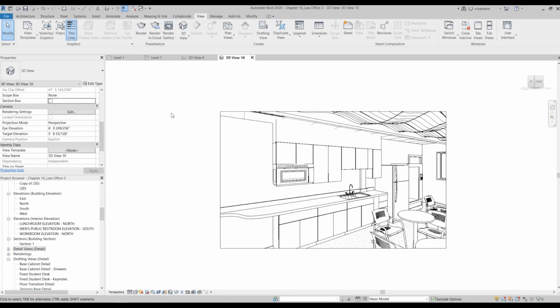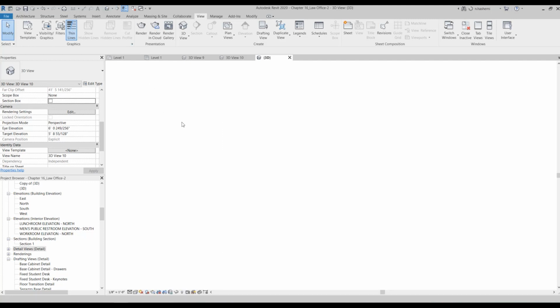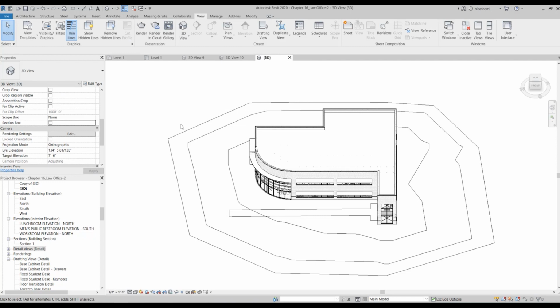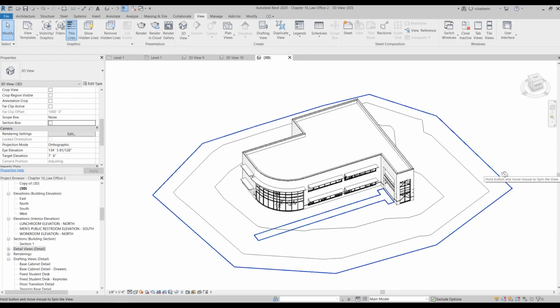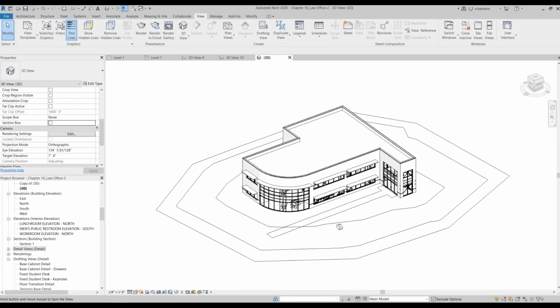So next, I'm going to show you how to create a rendering of a 3D view in your model. Let's switch to the 3D view. For that, let's rotate this.